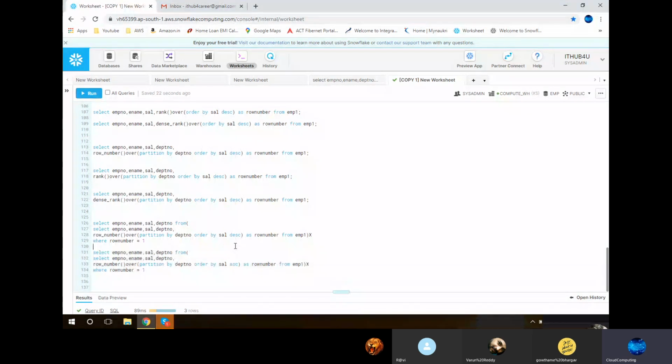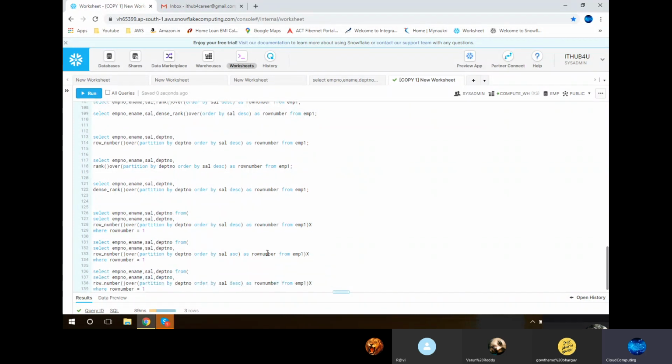Here they are getting 800, 950 and 1300. Not only these 2 questions, sometimes instead of highest salary, most of the cases to make us confused, they will say display the person in each department who is getting the second maximum salary or third maximum salary. So we just need to change the code here itself, just the where condition.